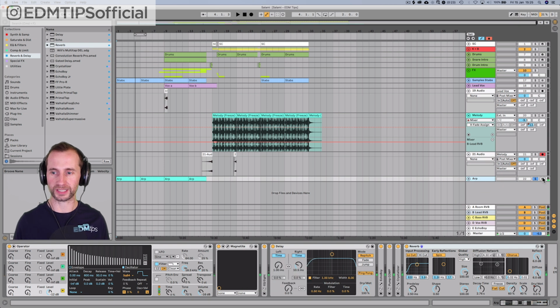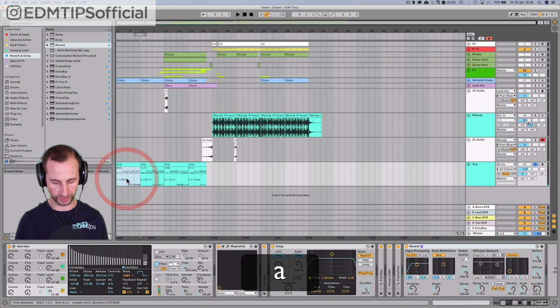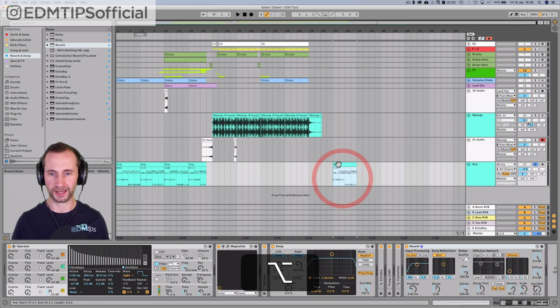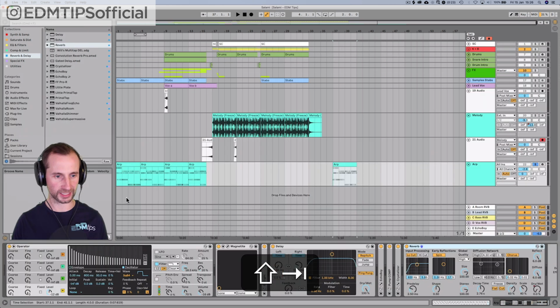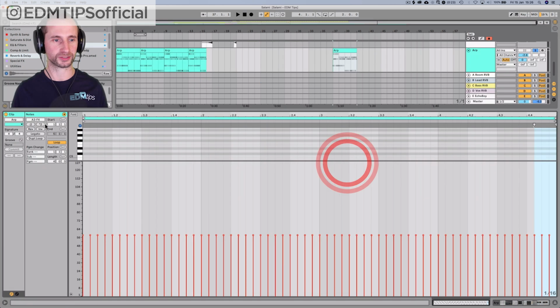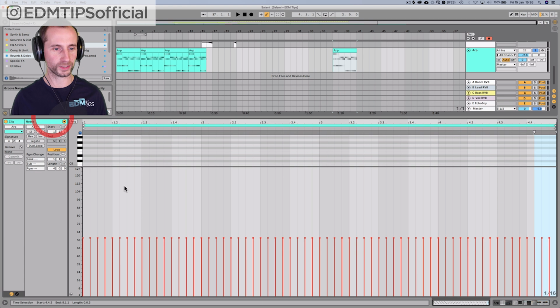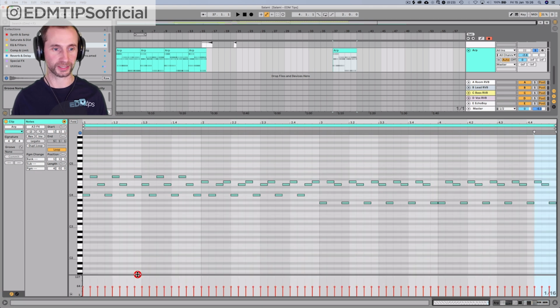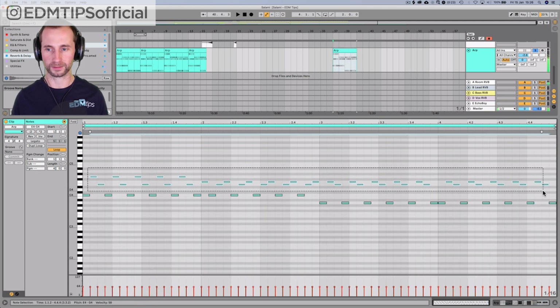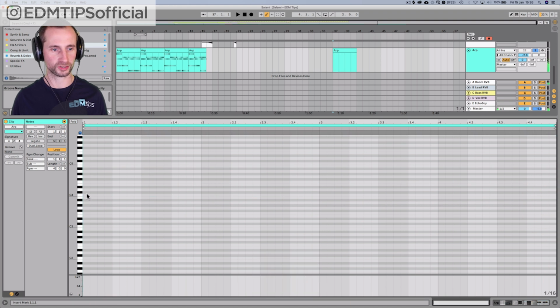So what we would do is we would just have one note playing on there, and again get to a part of the track where you're not going to mess up the composition you've already done. And we're just going to choose a middle C. And this is so when we load it into our sampler, we don't have to worry about tuning it. It's already going to be tuned. So you just put one note in,